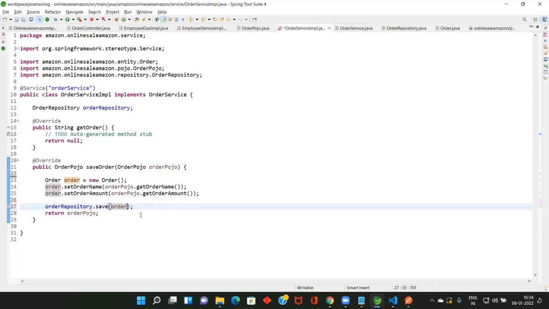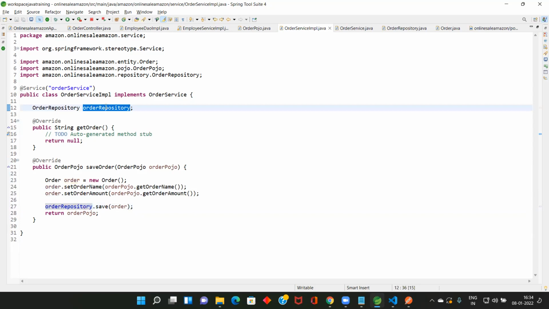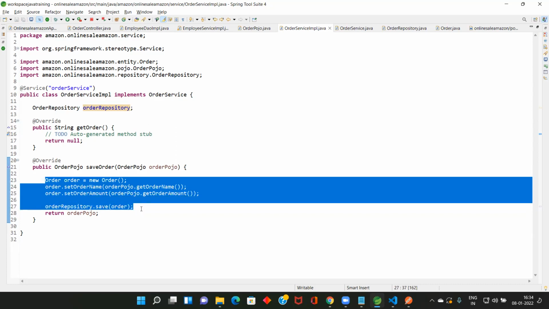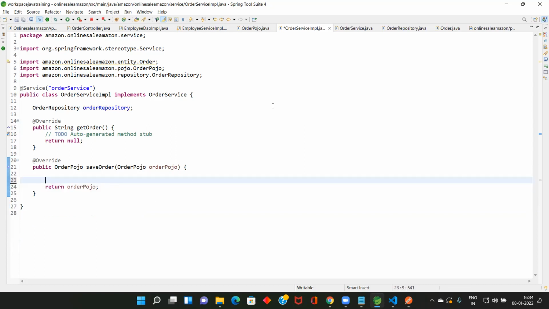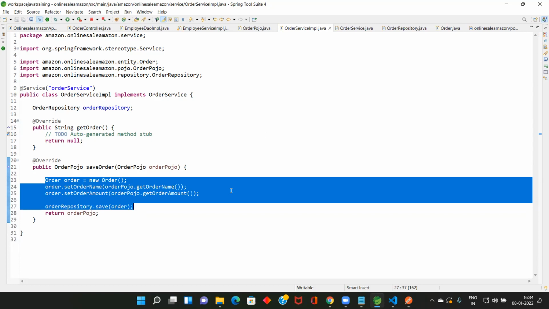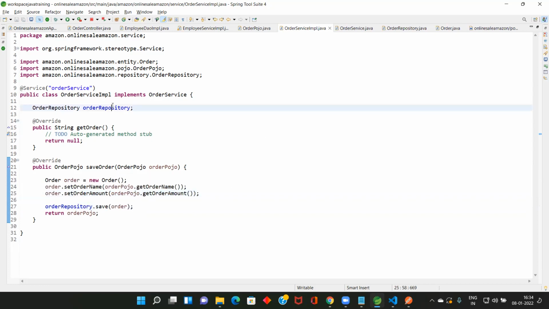Control Shift F. So here, this one is the service class. I don't want to write all these things here. Control X. Okay, Control Z. This right. Repository dot save. When I call this one, it should be Autowired.